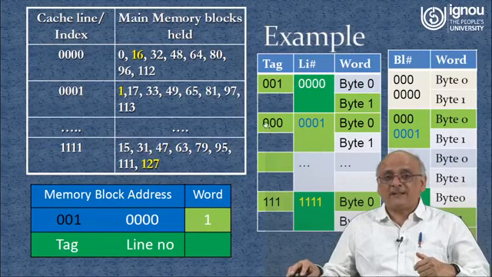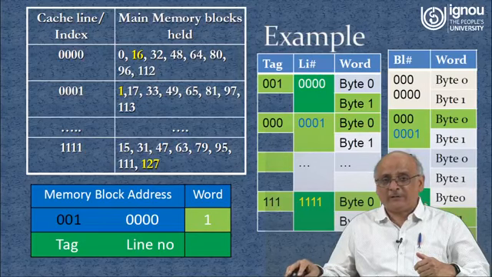Okay, the next example is about this location. So this is 000 0001. This is the tag number, and we are referring to byte 0 in this particular case. In the earlier case, we were referring to byte 1, and the tag number happens to be 0. Now in this case, this is the one which we have mapped here, and the collision of this memory location could be with this particular memory location.